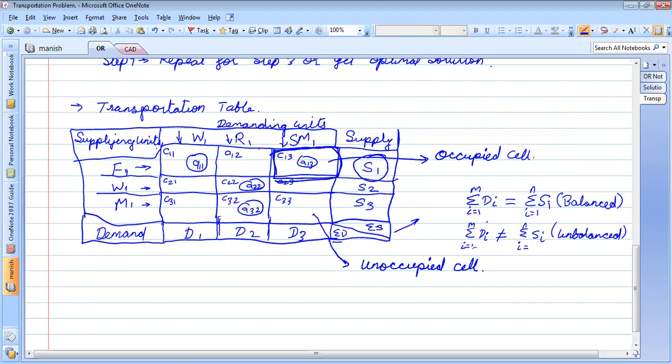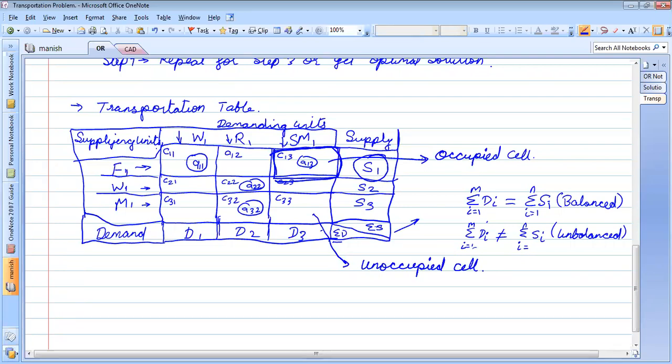So C11, C12, C13 will be called cells. This will be called a column, this will be called a row. These will not be cells. Cells are only where you have the cost of transportation. Is it clear now?